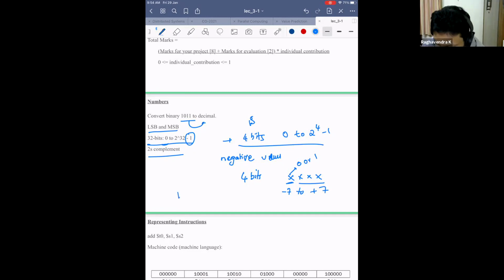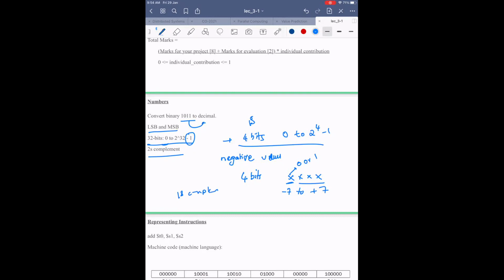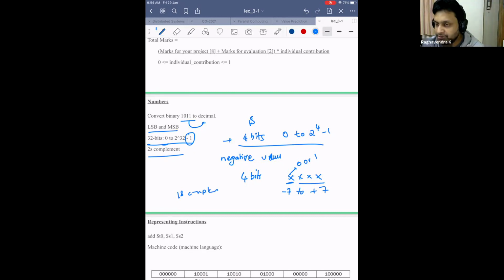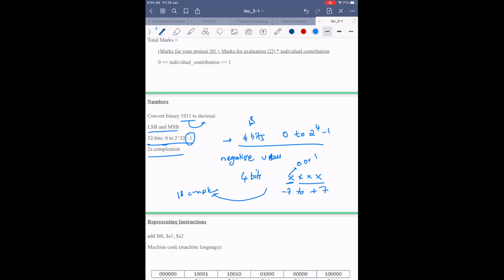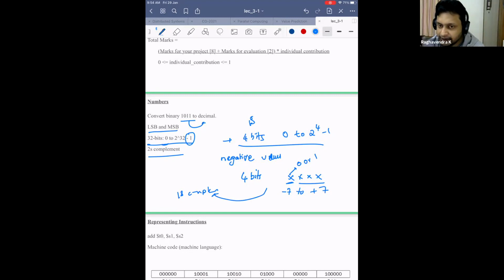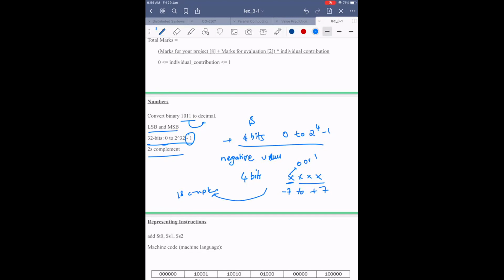So I go to 1's complement. And I am also not happy with 1's complement representation. So I go to 2's complement representation. Now, what am I not happy with in this representation? That's why I go first to 1's complement. You're wasting one value. You're not able to represent another value which you could have. What is that value? 0. You're storing 0 as plus 0 and minus 0. Yeah, so that's why I go to 1's complement.